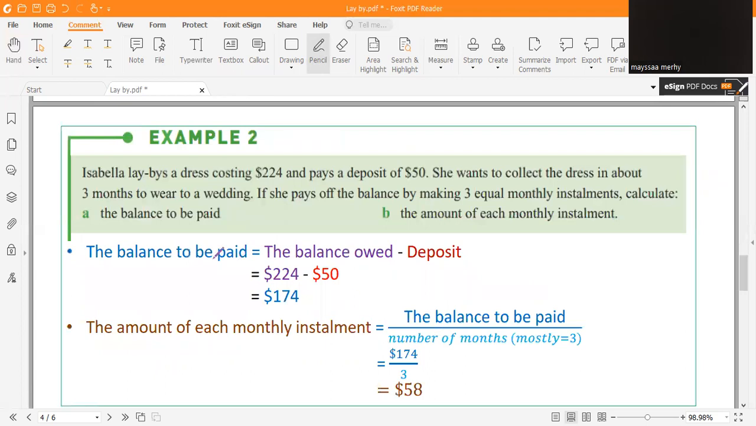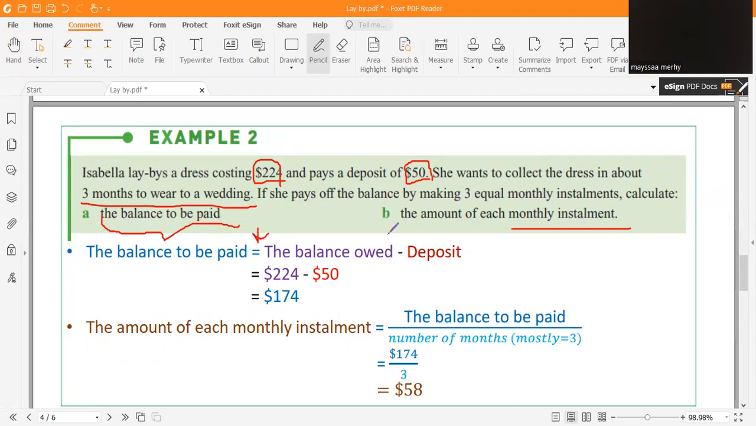Okay. In the next example, we have a new expression, monthly installment. Isabella lays by a dress costing $224 and pays a deposit of $50. So she wants to collect the dress in about 3 months to wear to a wedding. If she pays off the balance by making 3 equal monthly installments, we should know that the balance to be paid